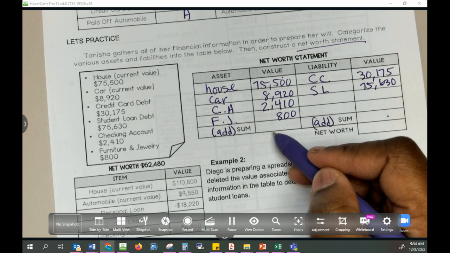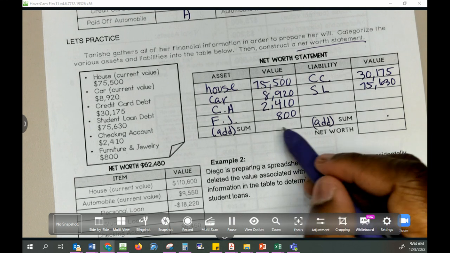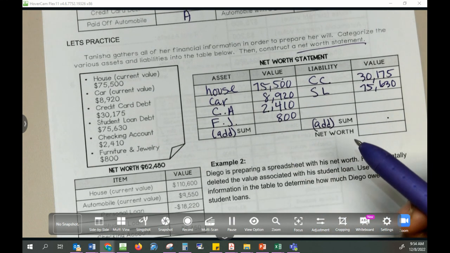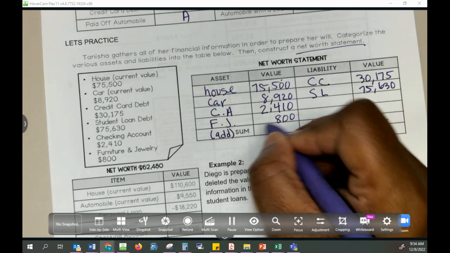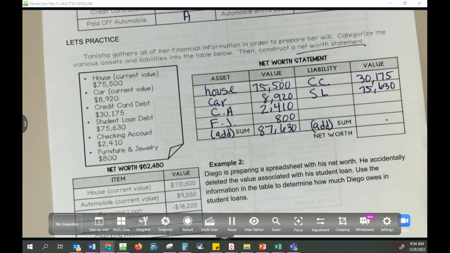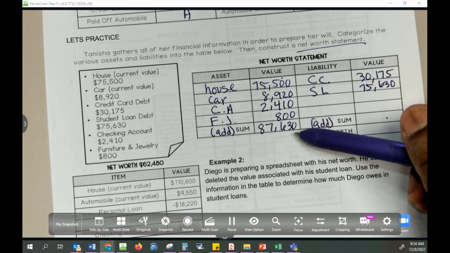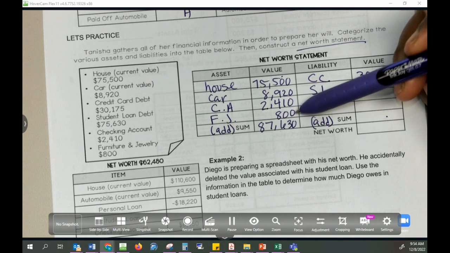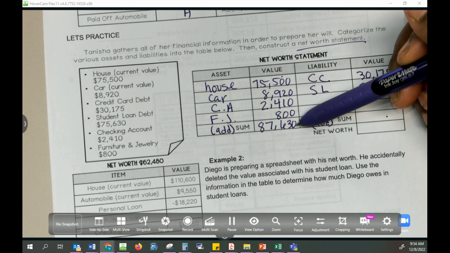All right. What did you get, Jeremy, for your total? Okay. And what did you get? So 87,630. So again, this is going to push us in our ability to add. Is that what you got? No? So we can go through and make sure that these are the numbers, but that's what I got when I added them up. So again, it's important to line up our numbers. So when all our zeros, we should get a 0.